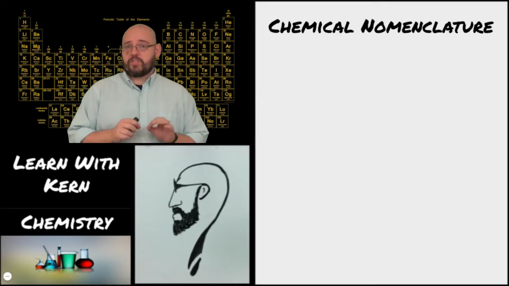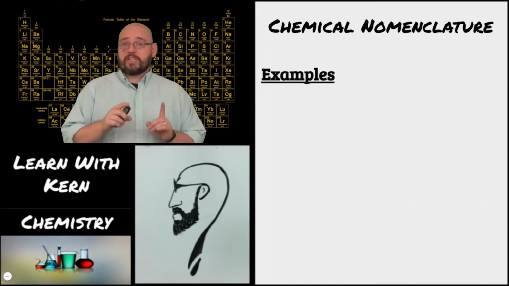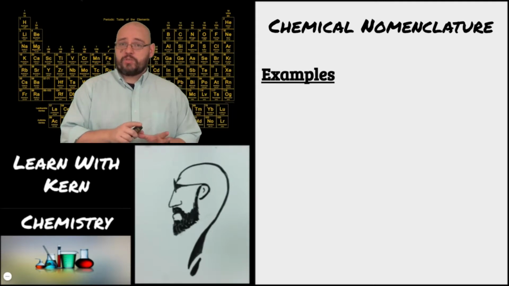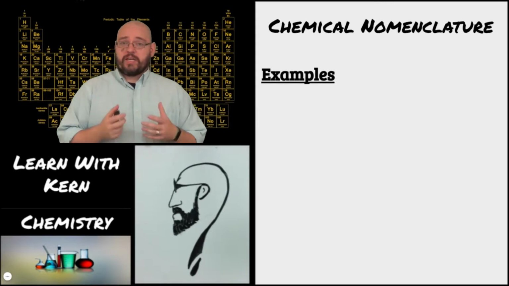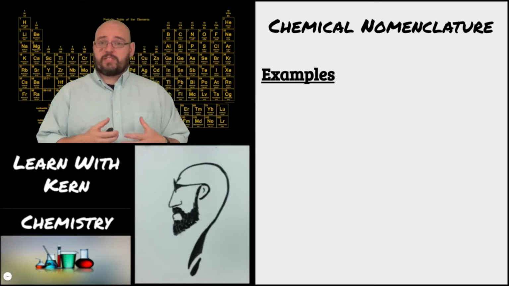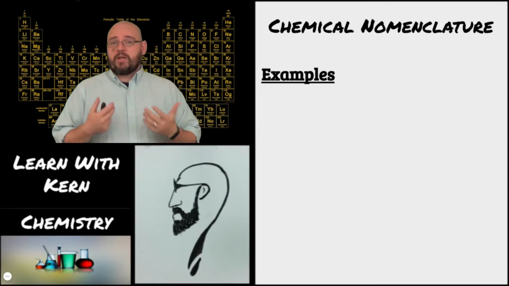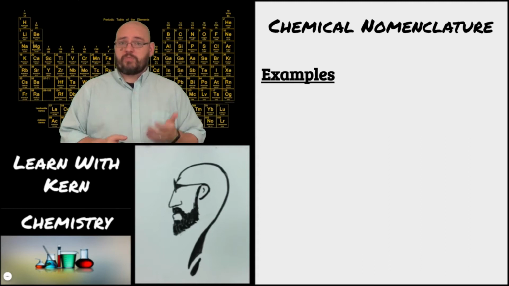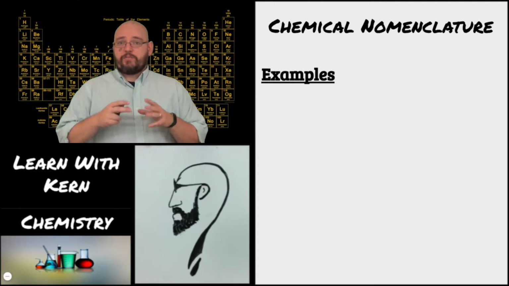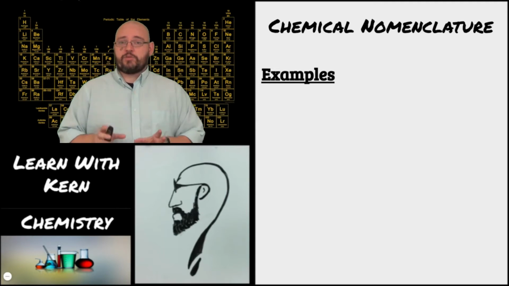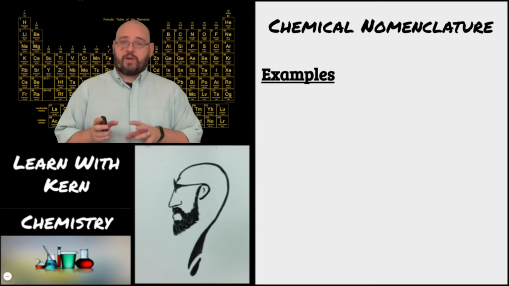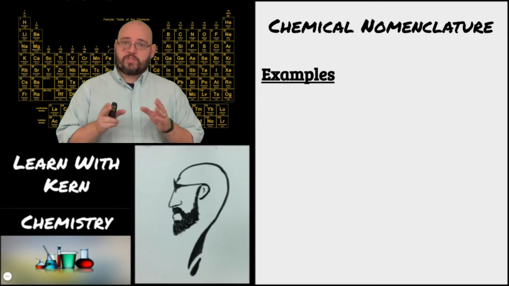So what I've done just now is gone over a whole lot of vocabulary. What I'm going to do in the next video is go over examples of how we use all of these vocabulary words to actually name compounds. I could just go through and outline all the different IUPAC rules, but I'm not going to do that. What I have created is a flow chart of questions to ask yourself that leads you to the correct way of naming and writing the formula. This will make a whole lot more sense once you see the examples, so please stick around, watch the examples, and get yourself a copy of that